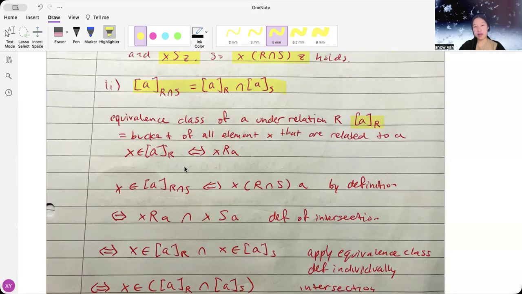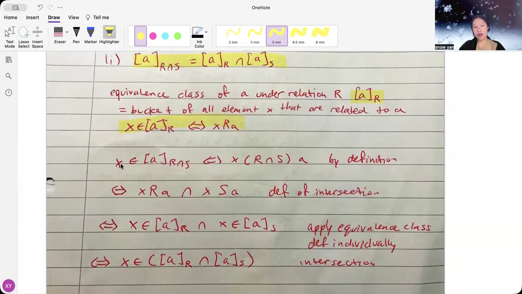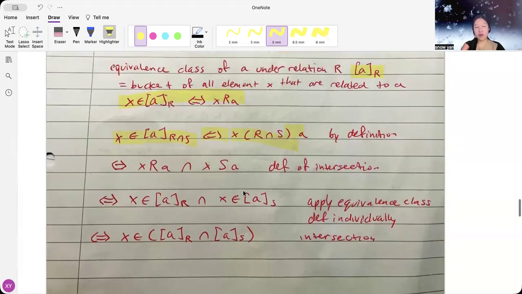So we know that by definition this holds, right? It's just another way of writing: if X is an element of [A]_R, then XRA, right? This is just definition. So inside our scenario, when X is a part of this thing, we know that XRA and XSA are the same, equivalent, interchangeable. So then we can further interchange this with the idea that